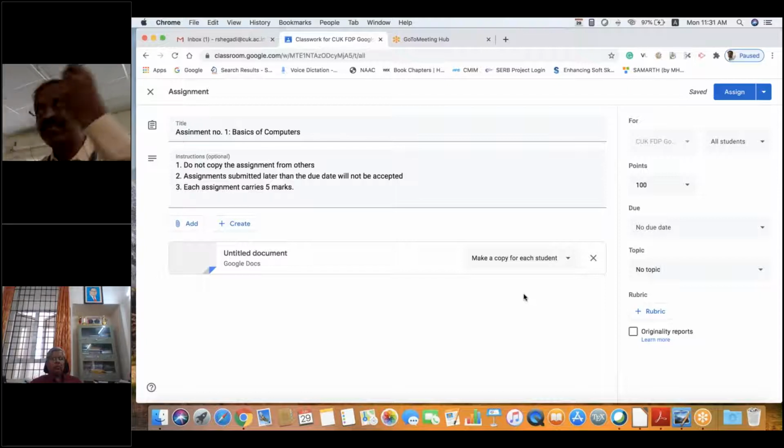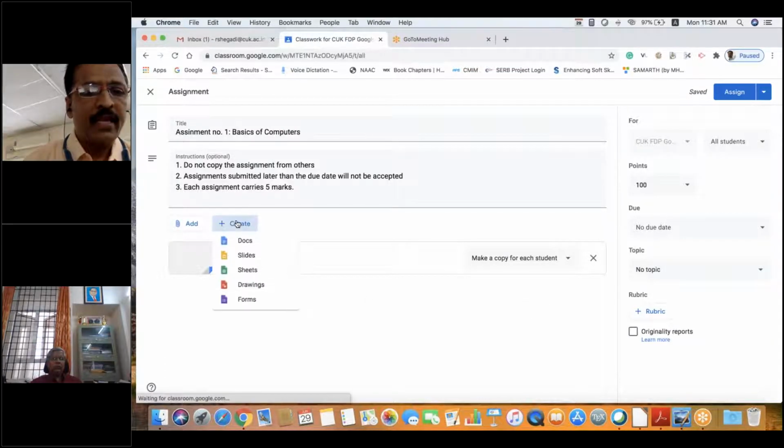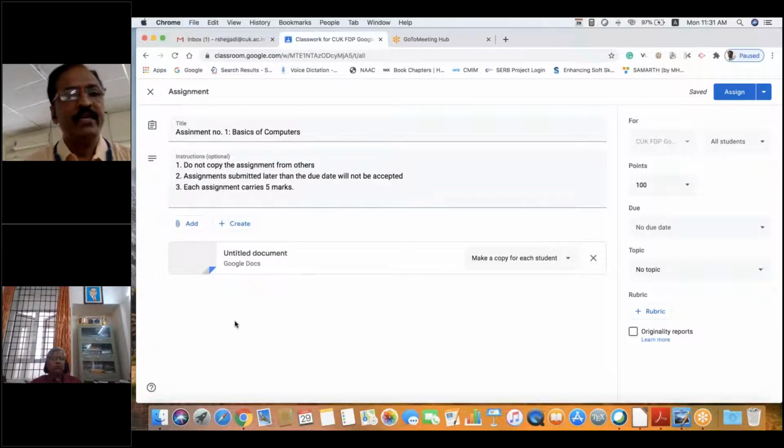So when students submit the assignment, you will receive a separate assignment from every student. I have created one, and likewise you can create all these here itself. As soon as you create, that will be given as the assignment part over here.